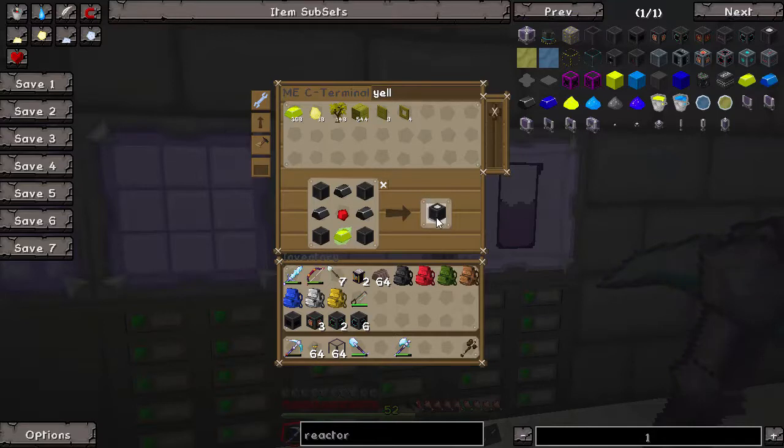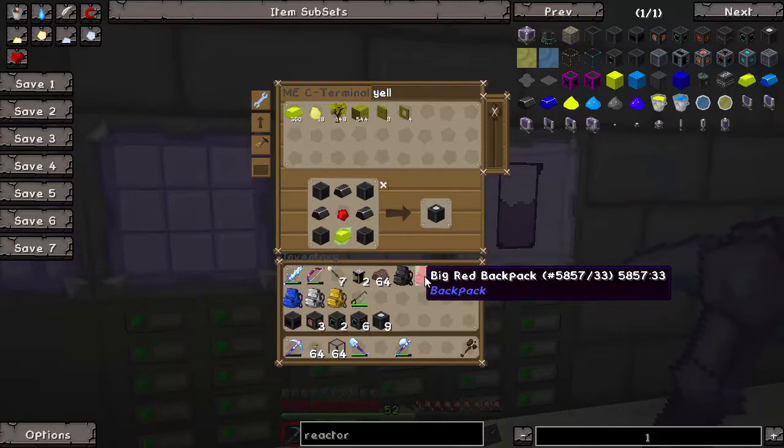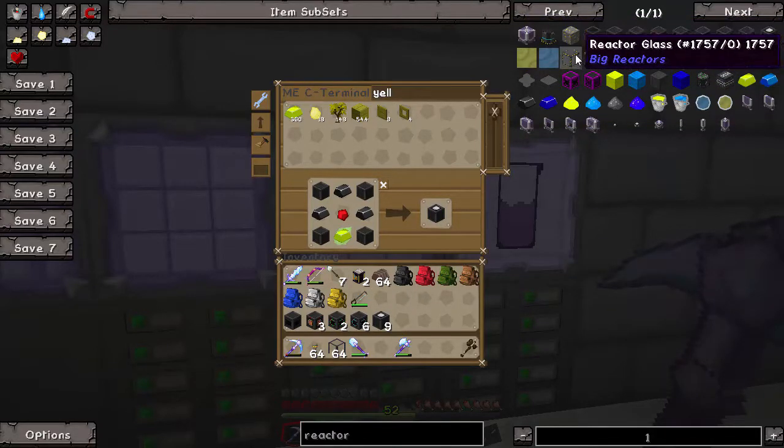So we need 9 of these. 2, 3, 4, 5, 6, 7, 8, 9. And the last thing we need is some reactor glass. Okay, now we need